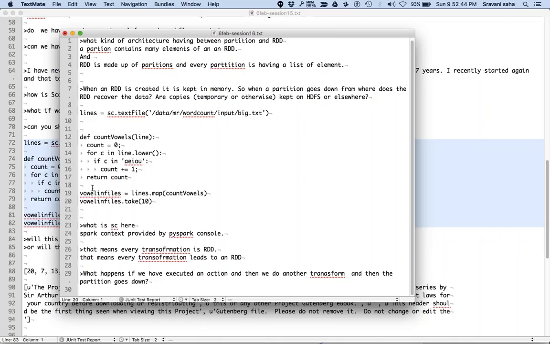Generally an action results in another variable, another data set. So an action does not usually result in an RDD. Does it make sense to you now?